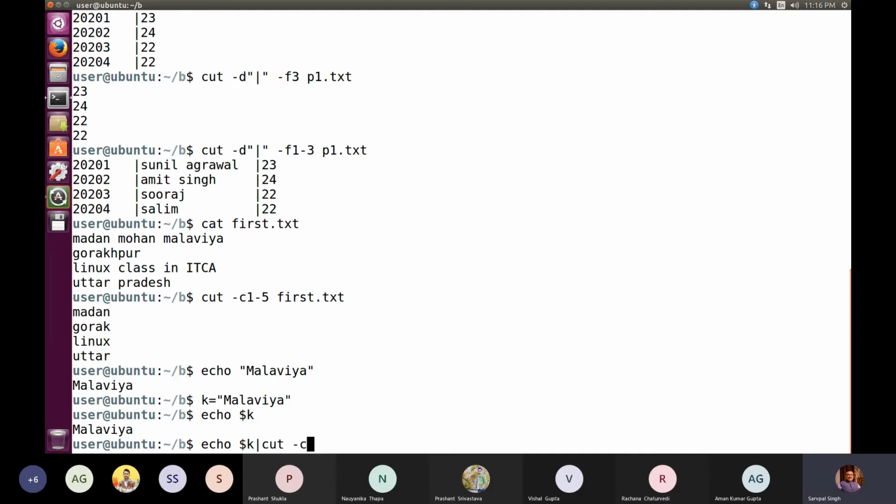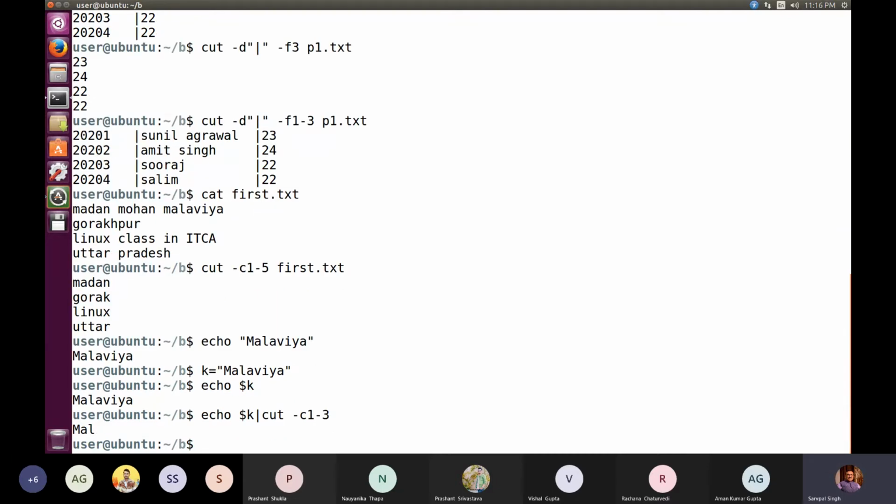So we write cut -c, so we can cut certain characters. Maybe if I'm writing, say, 1, 2, 3, I am cutting only the first 3 characters, MAL. Similarly, I can use